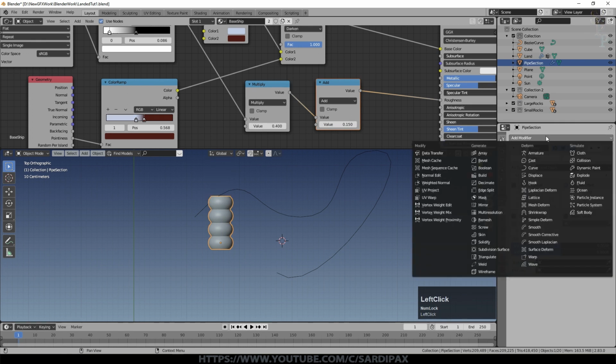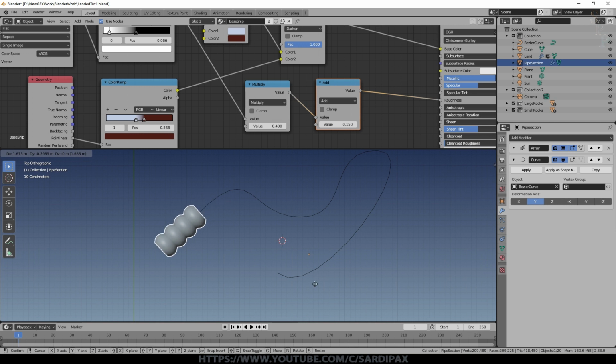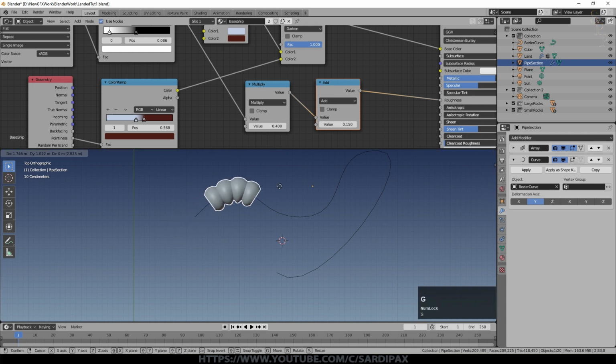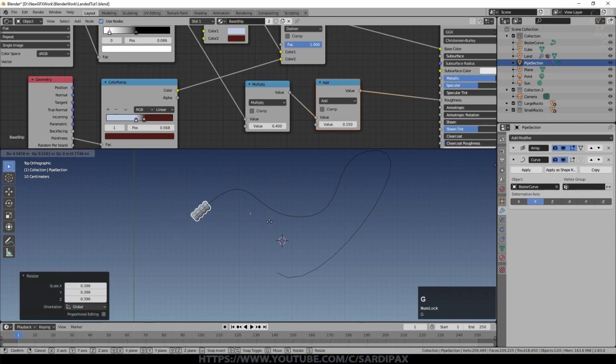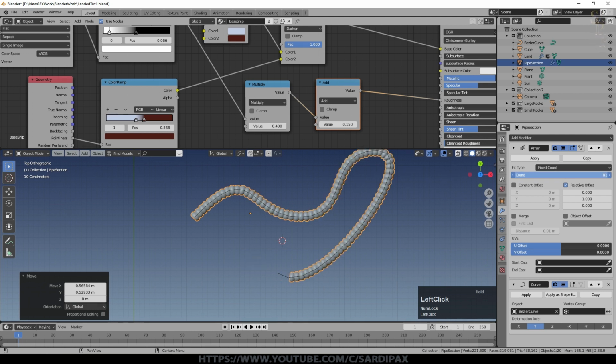Then we need to add another modifier, a curve modifier, and select the Bezier curve. And what you can see is as we move it around, once I've set it to Y, which is the direction this goes in, that it starts to follow that curve. And I'm going to make it a little smaller, and then we can go back to our array and we can start to increase it. And there you go. We've now got an interesting little pipe section.